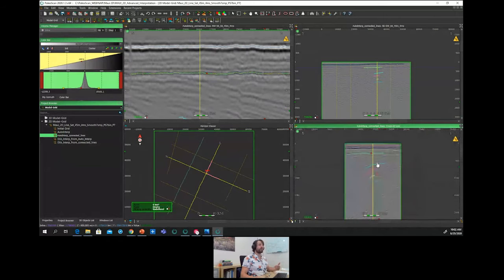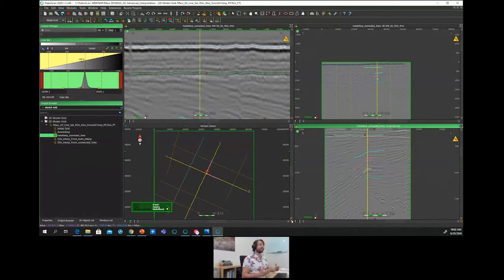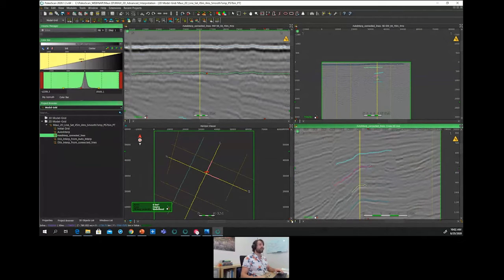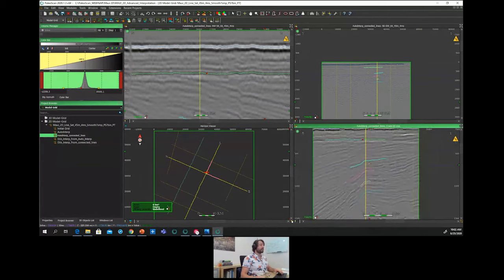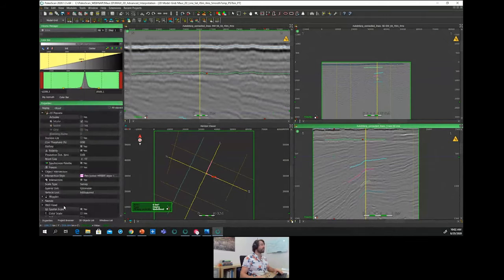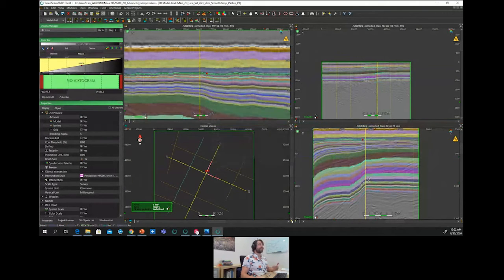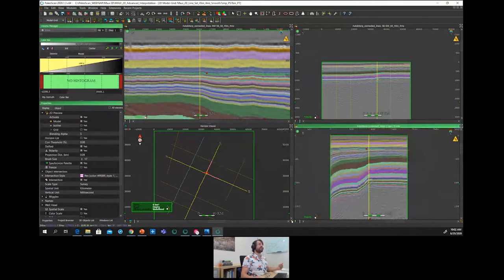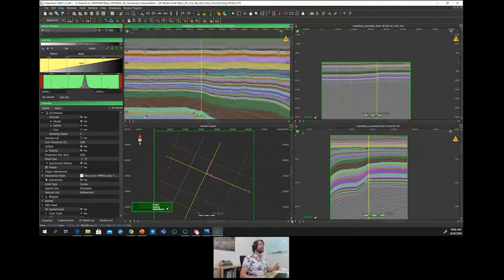So the more we interpret the lines, the more we correlate them, the more we will be able to properly correct the misties. And then, at any time, thanks to the preview of the model, Paloscan gives me an idea of the output geotime model I will get.